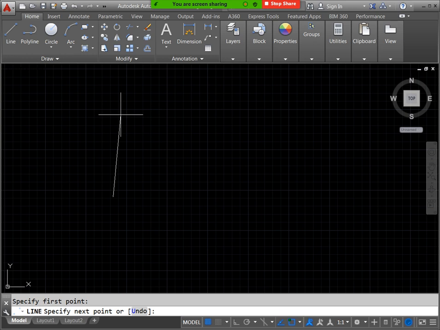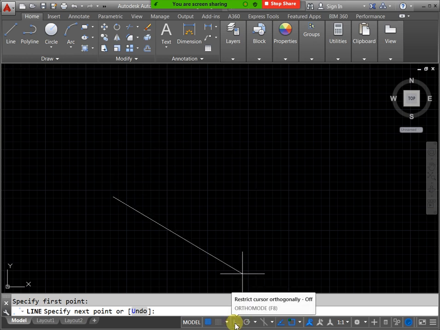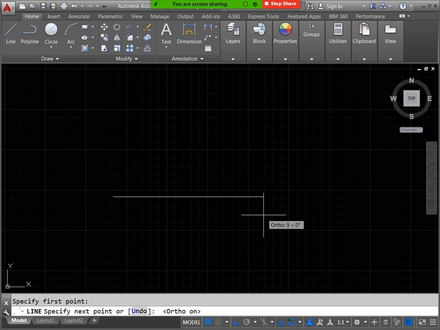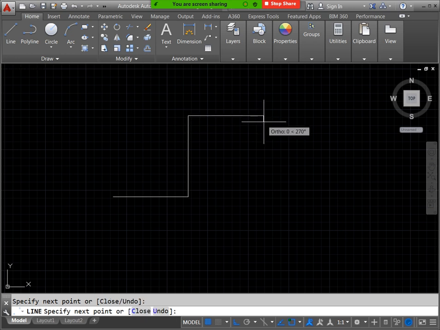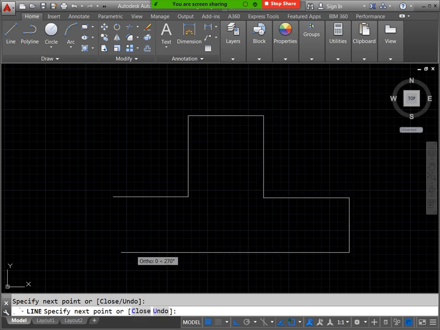Actually in AutoCAD we have F1 to F12 function keys. Just click here. Now see, we only get 0, 90, 180, 270 like this. Clear? If you draw like this. When you know the initial and final point, you can mention directly, then you will get an inclined line like this. Definitely you need to know the initial and final inclination condition.